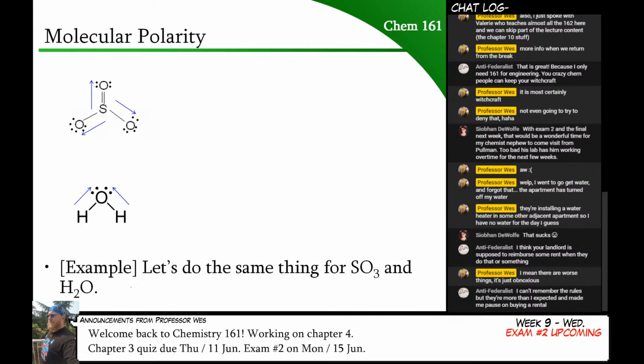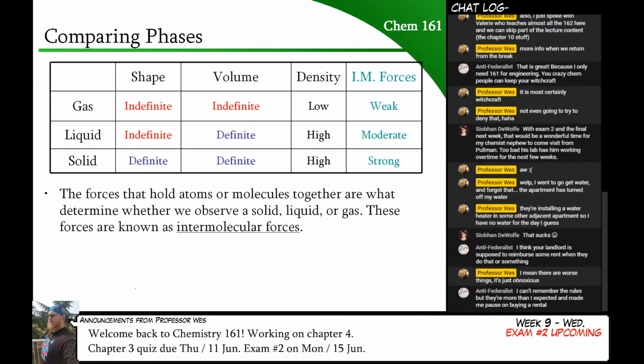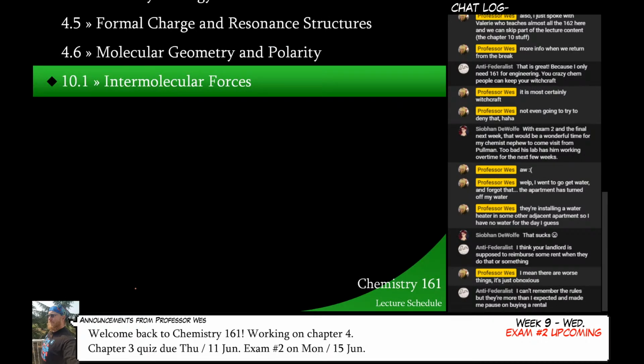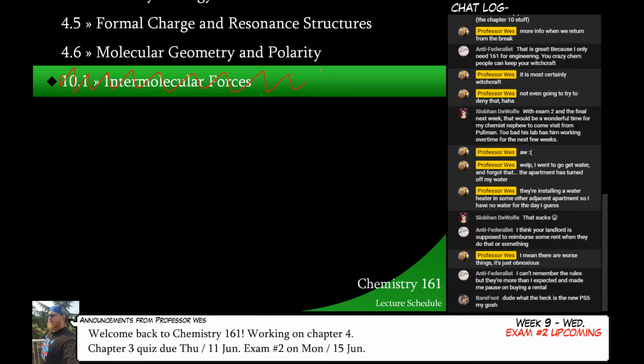So what we're going to do is, first of all, I'm going to skip this really quickly. We're going to actually do this section. This is the important one. I'm going to show you the schedule here. So you can see that at the end we have intermolecular forces. We're not going to do this. So it's not going to be on the test. It's not going to be on the final. I do have to go edit the quiz because I did put it in there with that expectation.